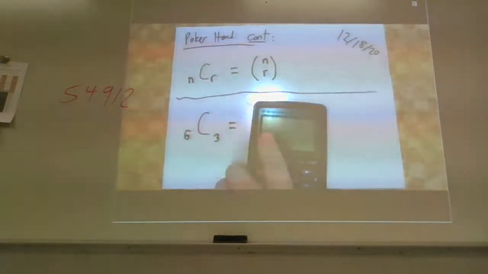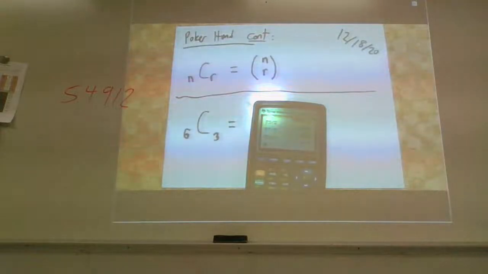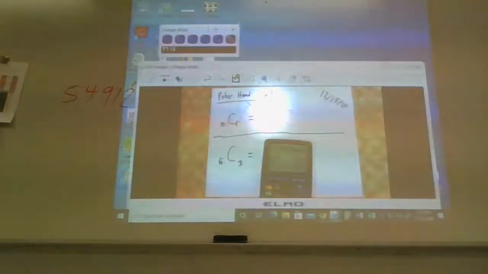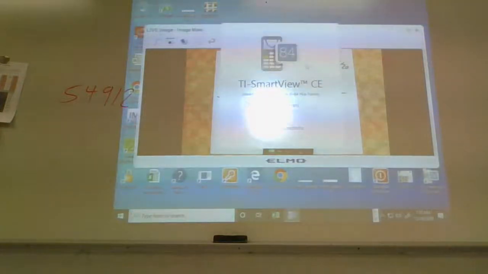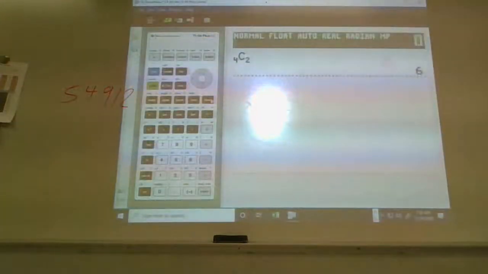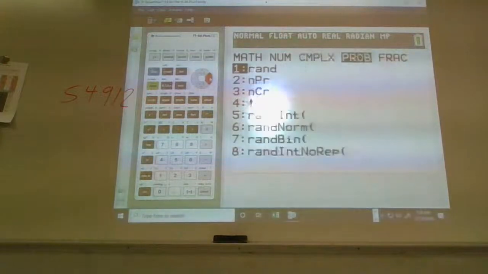This is where, again, I'd go to the, actually, no, I'm going to bring up this calculator because I do like it a little bit better now that I've gotten used to it. The TI SmartView CE. Not that I'm advertising. But again, if you were to go math, prob,